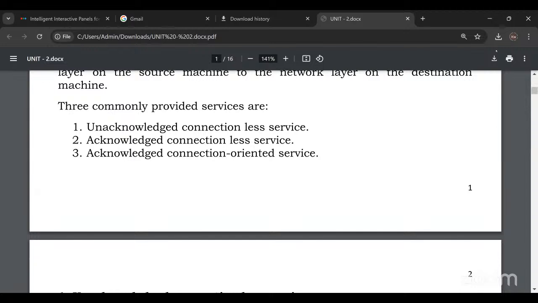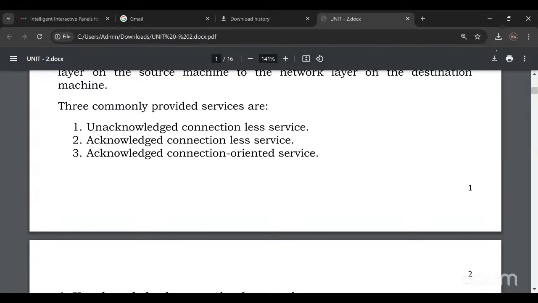So what is connectionless service? There is no connection between sender and receiver. This is the wireless transmission. Which media? What is the wireless media? Transmission media, how many types? Two types. What are the two types? Wired media and wireless media. The wired media we can also call guided media. Wireless media is unguided media. The name itself indicates unguided. There are no directions, so you transmit the data through the air.